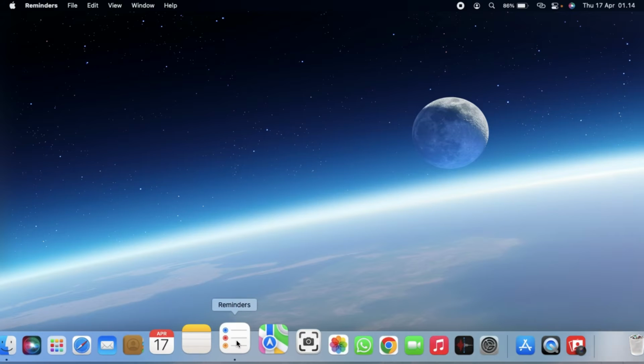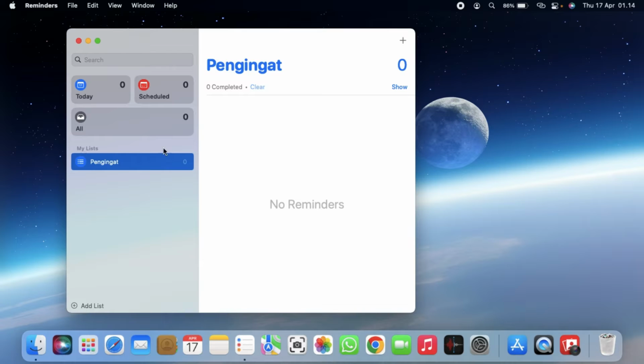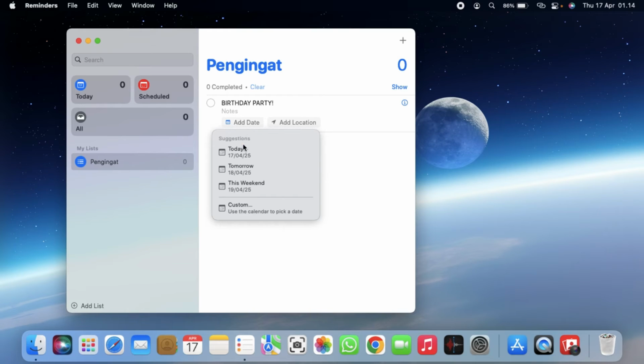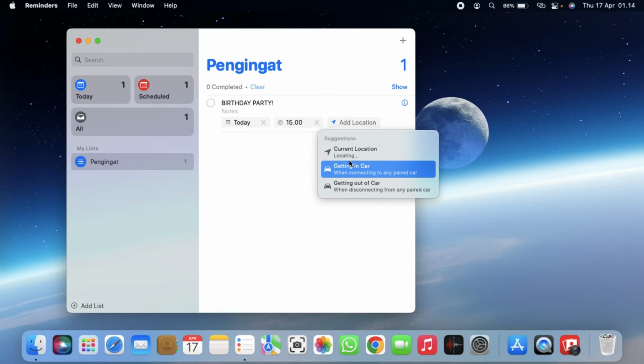So now we can just open Reminders. I don't have any reminder in here, so I will just create one, I think, and we'll try to remove it. Okay. I will add date. So